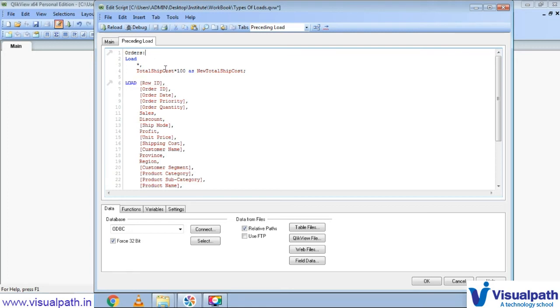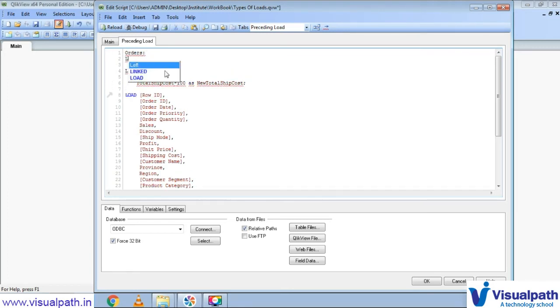So how do we do that? Let's say I keep another load and include all the fields, so I'll write load star, and then this new field which is created before this load, I'll add this into another 100 as a new field, let's say new cost or new zip cost.